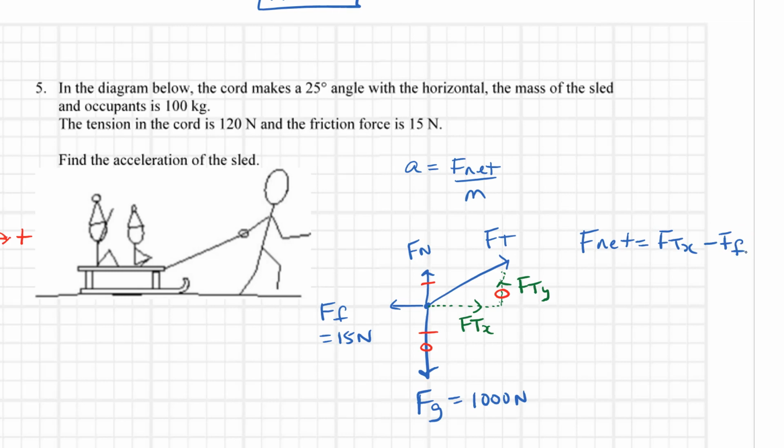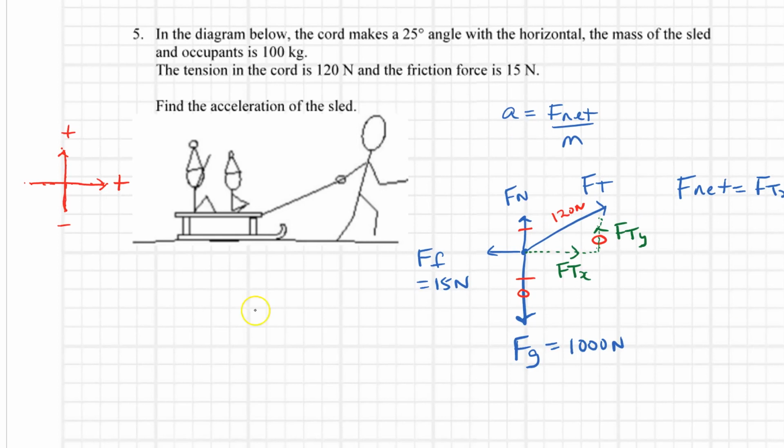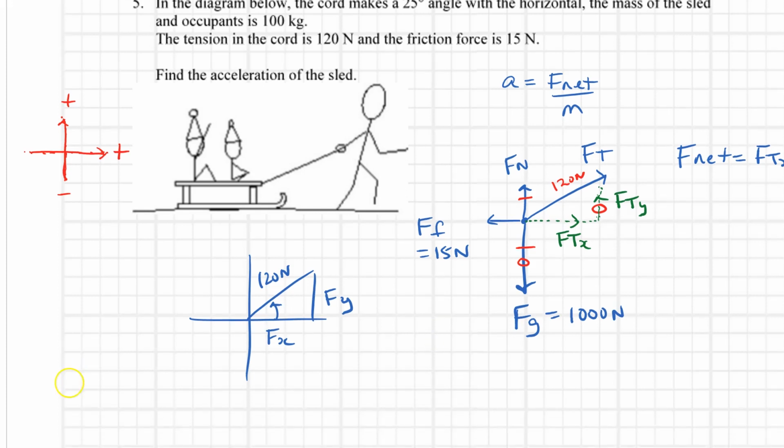So I need to figure out what the x component of the tension force is. I've got a real shortcut way to do this. This is 120 newtons. Just a quick tip for those of you that like shortcuts: we've got a 120 newton force, and I want to figure out what the x component is. I'll just label it Fx and Fy. As long as the angle is drawn off of that positive x-axis, the shortcut only works